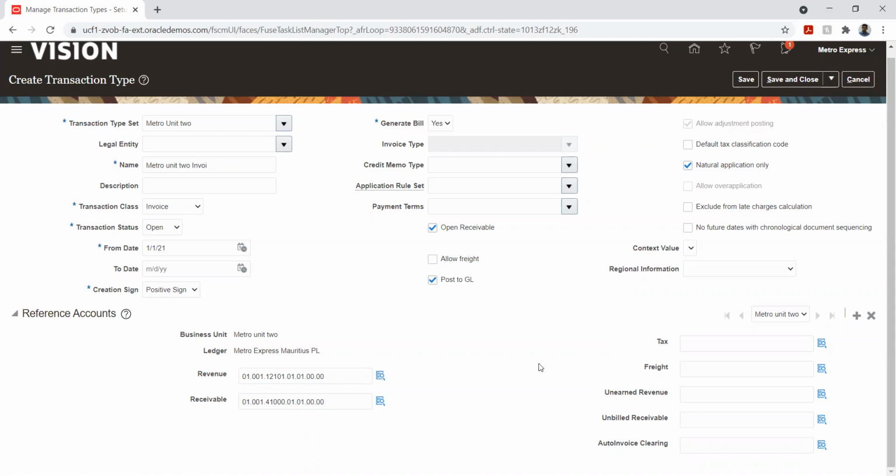Okay. So for now, I gave only two accounts, that is receivable and revenue, because these are the two accounts that will be needed to test the basic invoice functionality. So probably when we see the revenue generation, we have different forms of generating revenue. So by then we will see this unearned revenue part and unbilled receivables, so we can come back and fill this. Yes, okay.